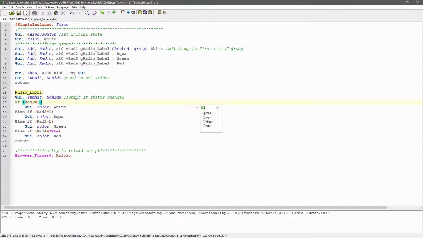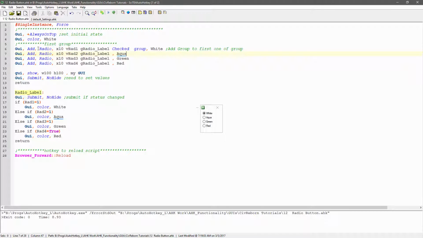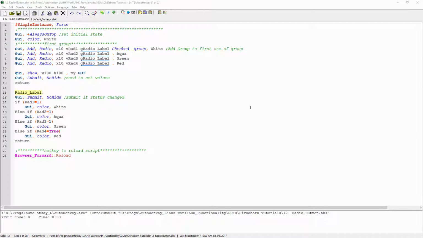In the actual script itself, though, what I was getting confused at, as you know, the script runs through initially here, shows it and displays it to the default color, which is white, which has been set here, but it would have been there anyway because that's the default color. But what I couldn't quite understand was the logic of how is it checking, how do GUIs work as far as when things get updated, and when they jump into the go-to down to this go-to radio label, which is in each one of these, and it takes the variable associated to it and does some logic. So what I realized I could do, let me exit out of the script, is